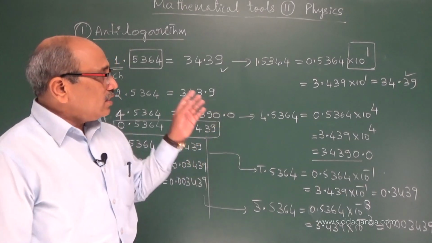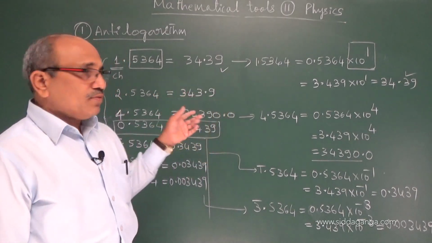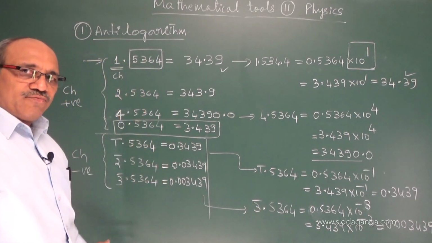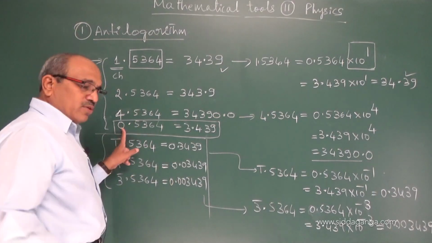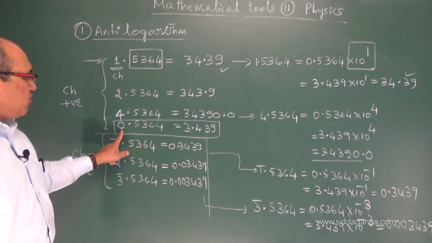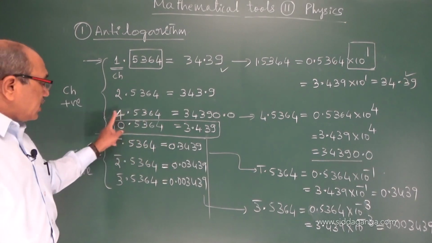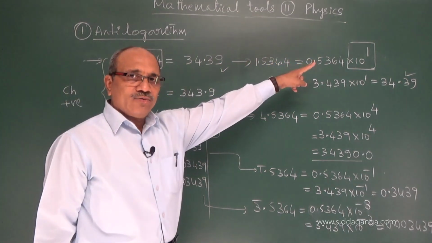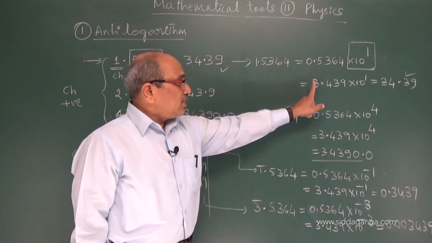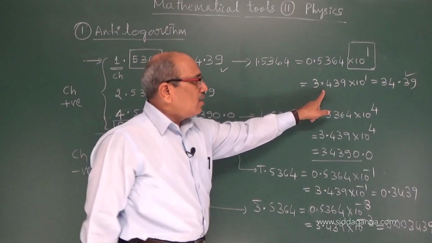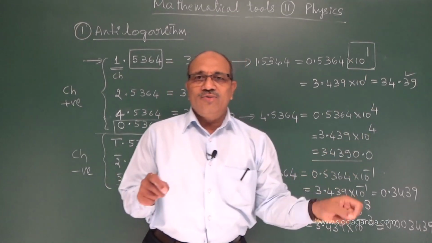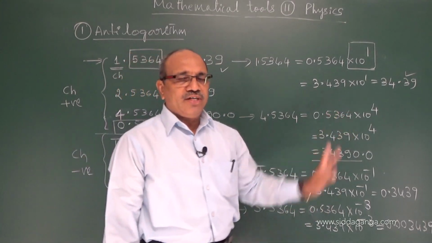Anti-log we use. In case of anti-log, how do we find whether the characteristic is positive or negative? Irrespective of that, to avoid confusion and complications, remember one thing: whatever the characteristic may be, first learn to write it in the form 0 point something. The entire characteristic is raised to the power, positive or negative, and after 1 digit you put the decimal point in the anti-log you got. Then remove that power according to your interest. Where you want the decimal point, you can shift it according to the power of 10 available.